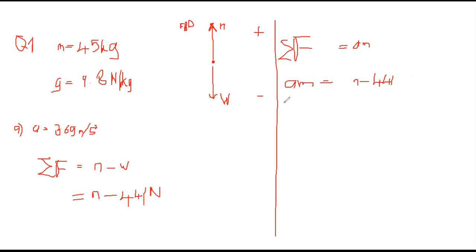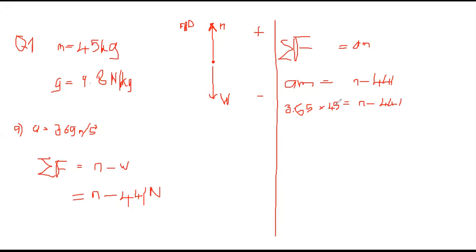So if we replace these, we have 3.65 times 45 is equal to N minus